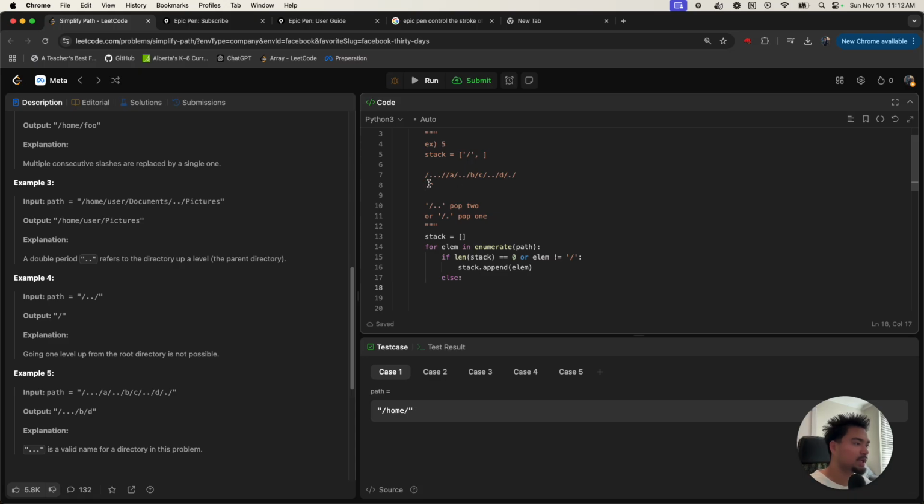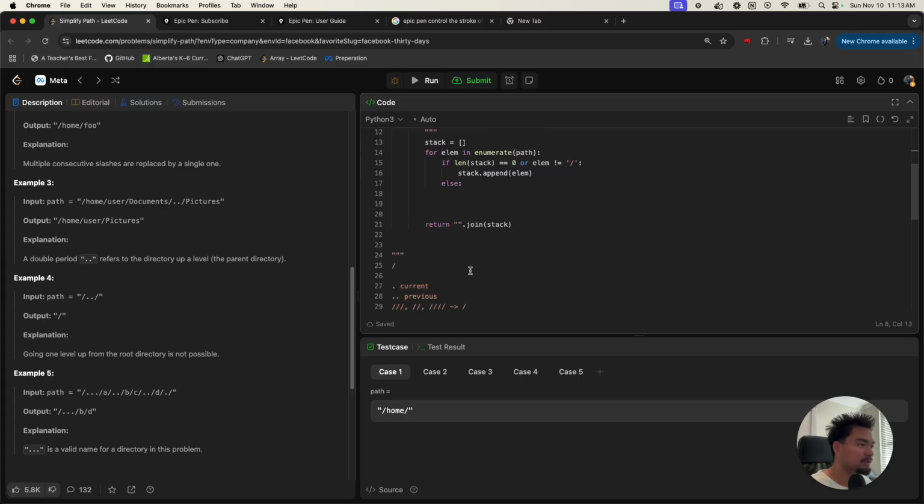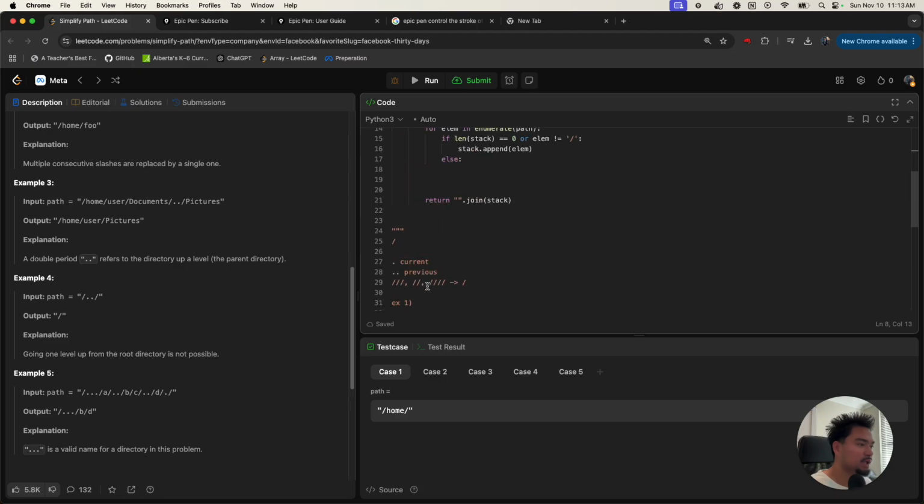Okay, so if the stack equals 0, we just push it to the stack, or the element is not equal to backslash, we just push it to the stack. But if it is a backslash, we need to check